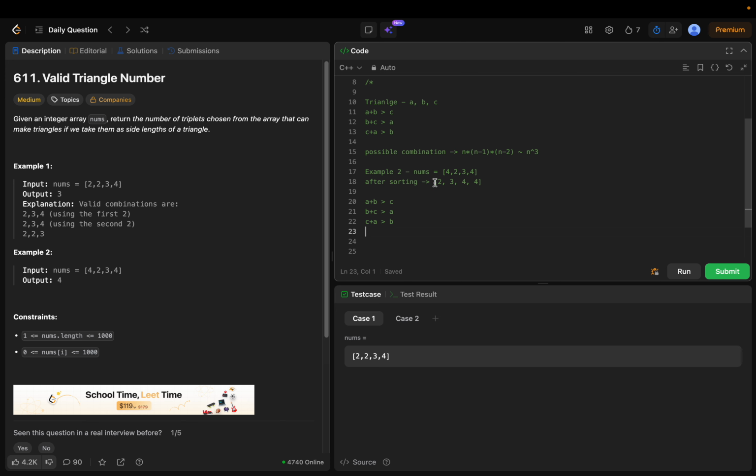Now if you see, this is sorted. So if we choose the numbers in this way only, first this 2, then B as this 3, and then C also on the right side, then after sorting, we can say that A is always less than B and B is always less than C. If this condition is fulfilled,